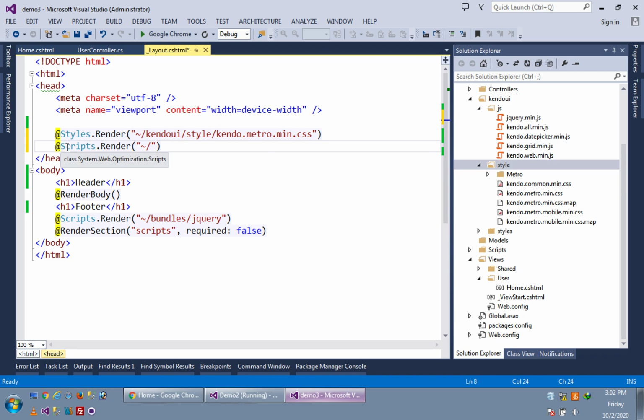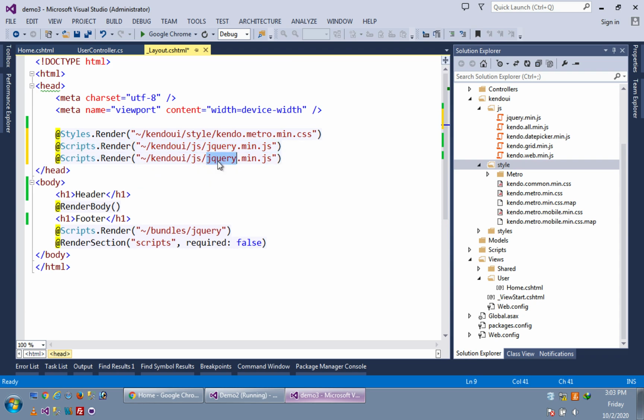Another thing we have to include here is the script file, the js file. For that we write Scripts.Render. Which scripts? jQuery as well as kendo.all.main.js. So here Kendo UI slash js slash jQuery main.js, and one more file to render, that is kendo.all.main.js.